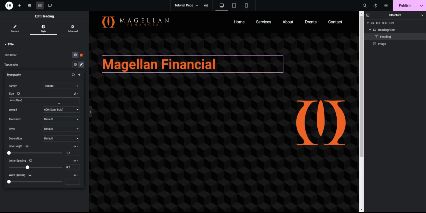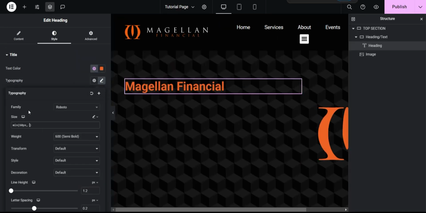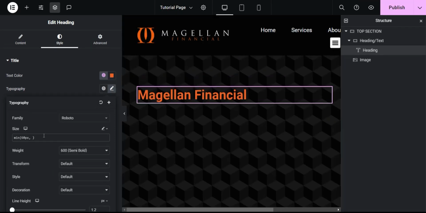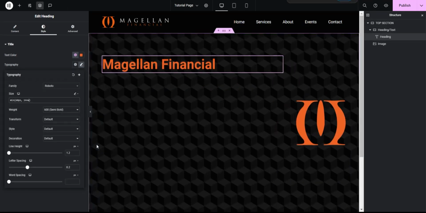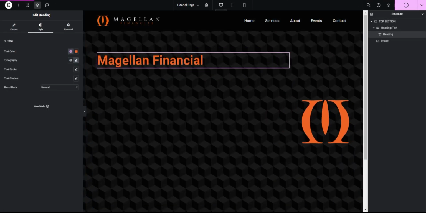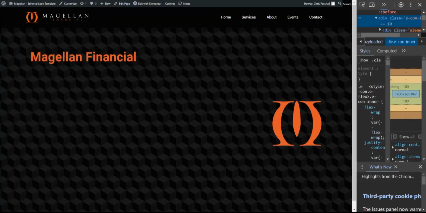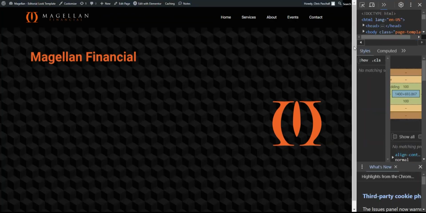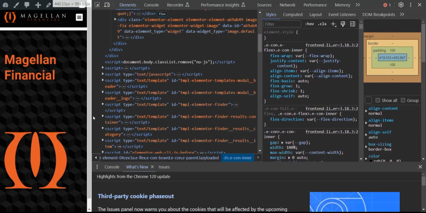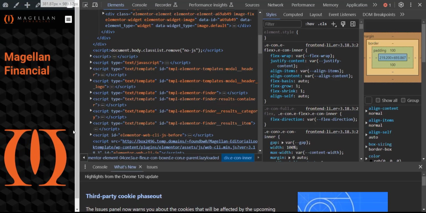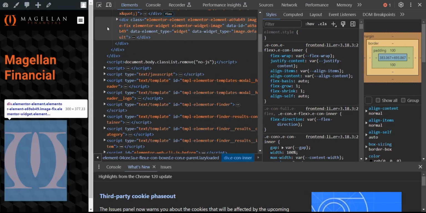So I'll give it 60 pixels, but then I'm also going to utilize, I think I showed this in one property on the header video, the min property. So it's going to be 60 pixels, and then I'm going to give it 14 viewport width. And the reason I'm doing that, and you usually have to tweak this at first, but once you get these headings in, you're pretty good to go, is when we shrink down to mobile, we want the text at a certain point to shrink, because here,